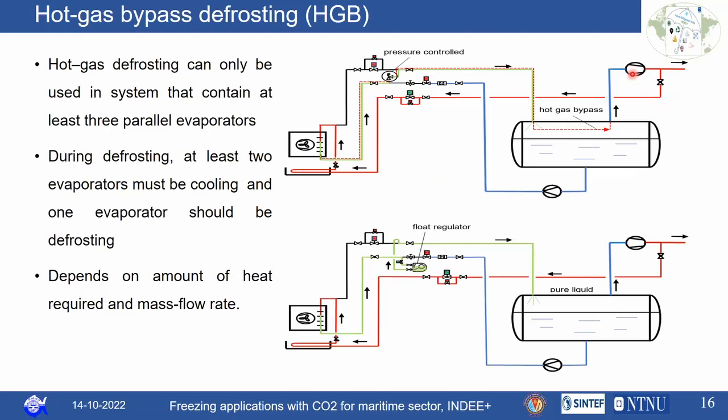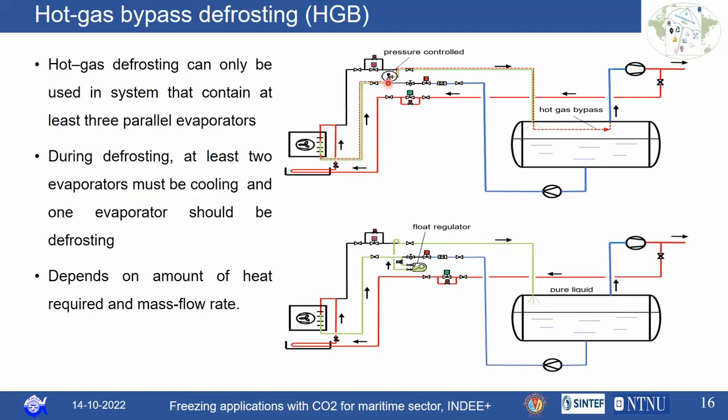So here you can see the image of a hot gas bypass defrosting. From the compressor itself, you will have a bypass. From that, the hot gas will be taken, and it will be given to the exit of the evaporator. Normally, this is done to avoid the hammering effect and other effects. After that, it will go inside the evaporator, and it will exchange heat with the ice that is deposited on the evaporator. And this hot gas will condense,